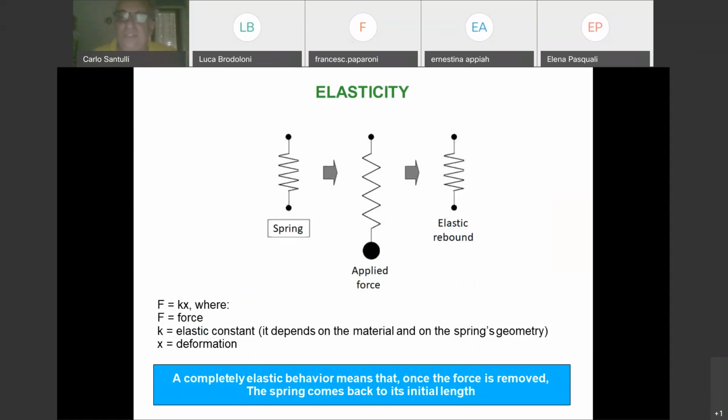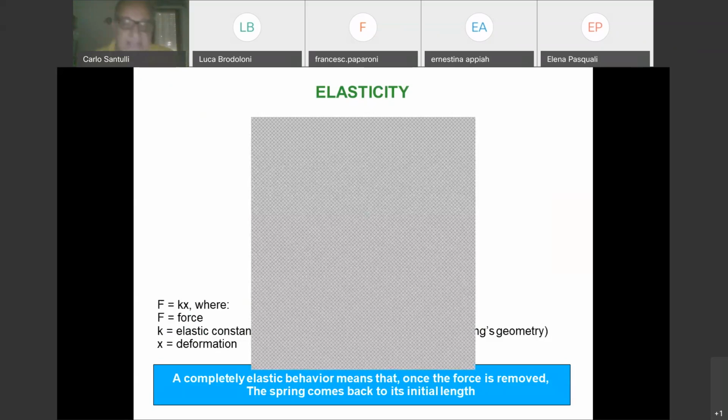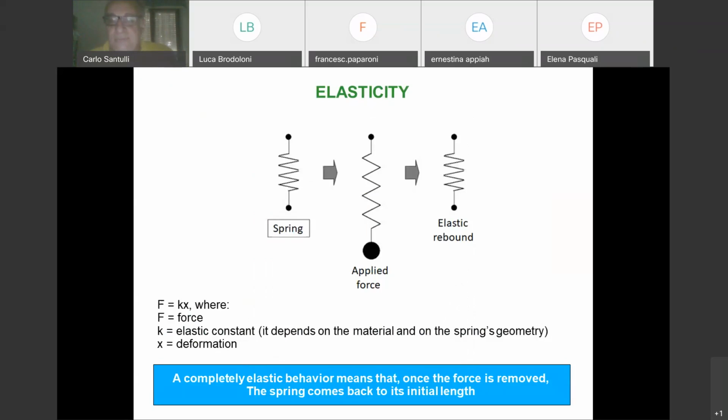I don't want to give the suggestion that you wouldn't know these things, because these are very basic things. But it's better to remember that by elasticity we mean that a material is elastic